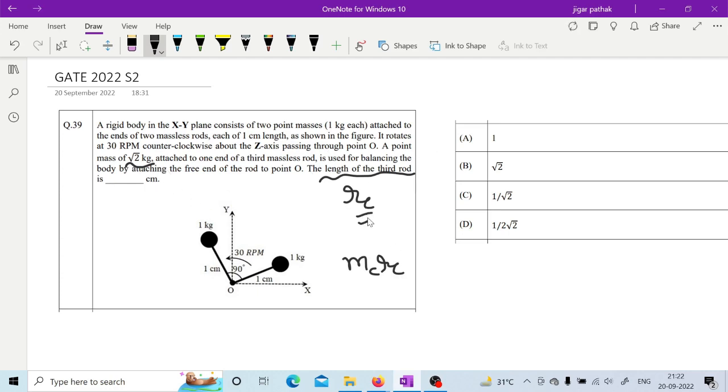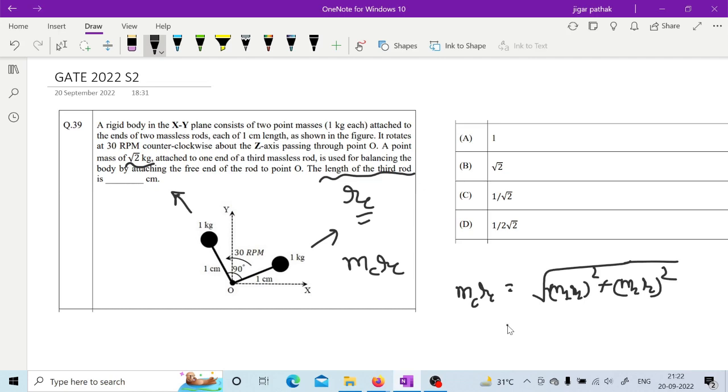So then you need to calculate RC. So here also the angle between these forces is 90 degrees to each other. So again you can simply go by that, MCRC is equal to the square root of M1R1 whole square plus M2R2 whole square. Yes or no? Yes, sir. So if you calculate this,